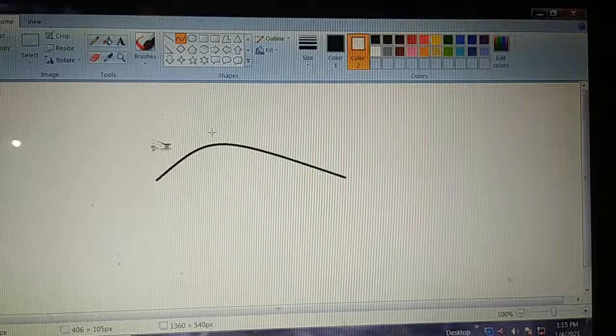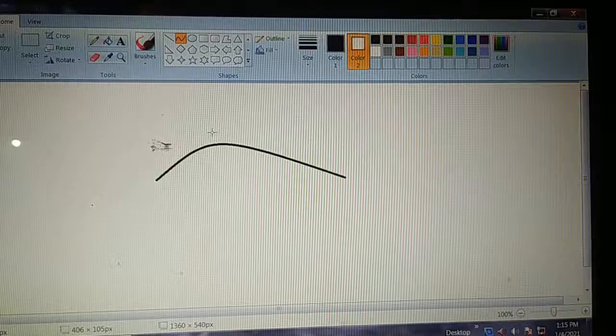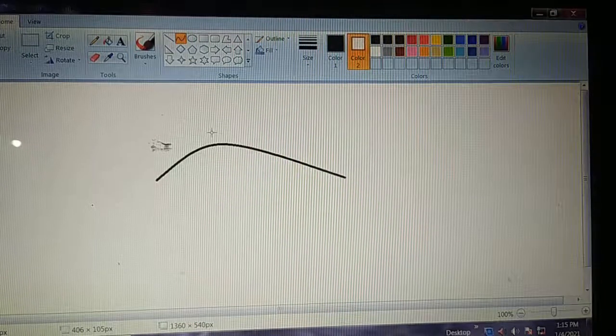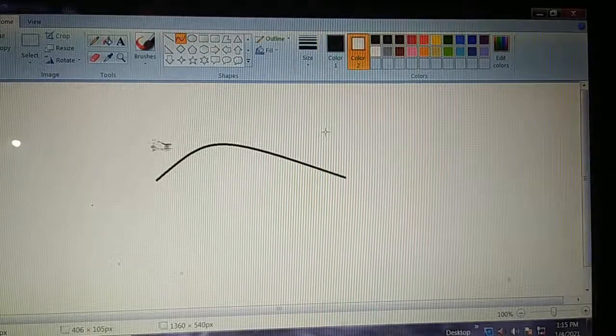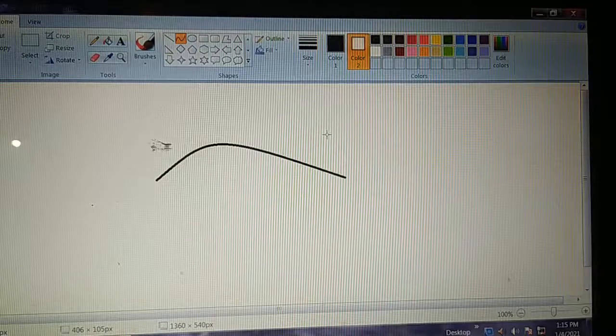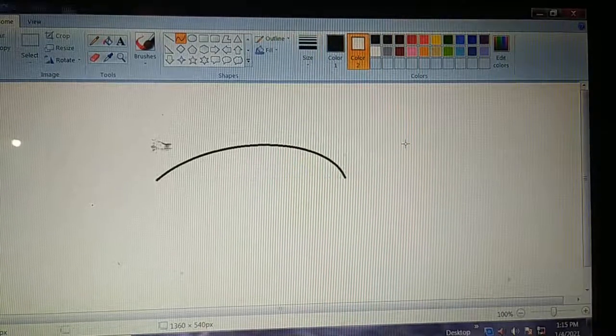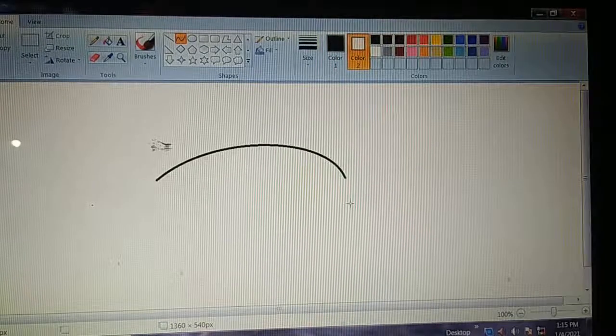Then click for another bend. Suppose here I am going to click for another bend. Two bends we can draw like this. Then double click to finish. I hope you understood.